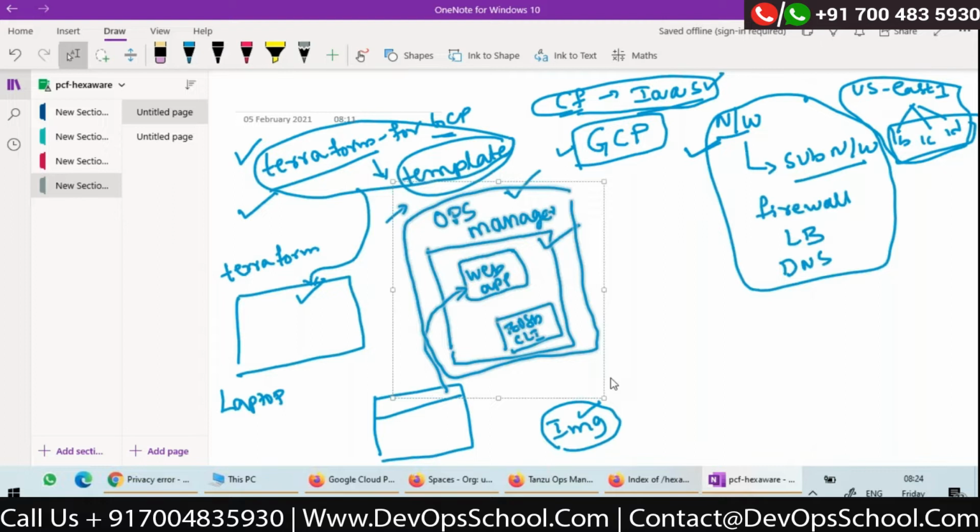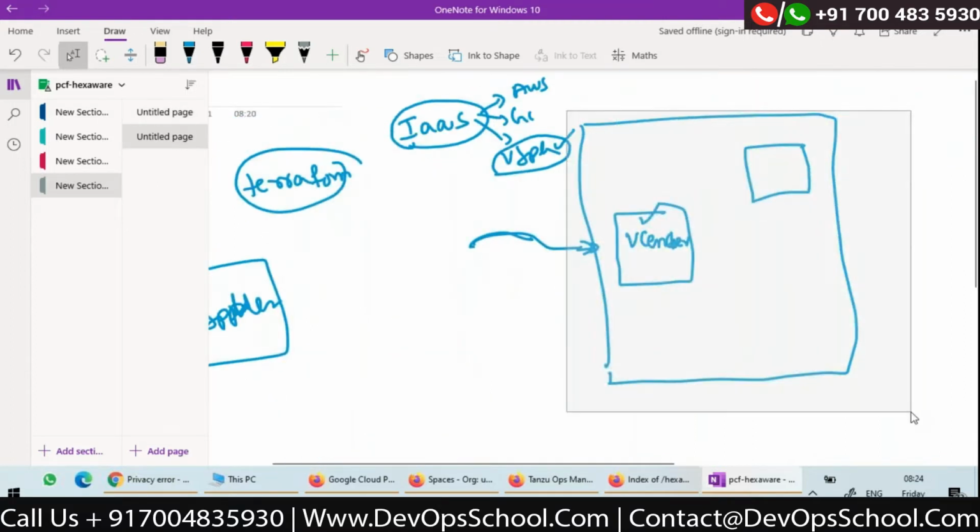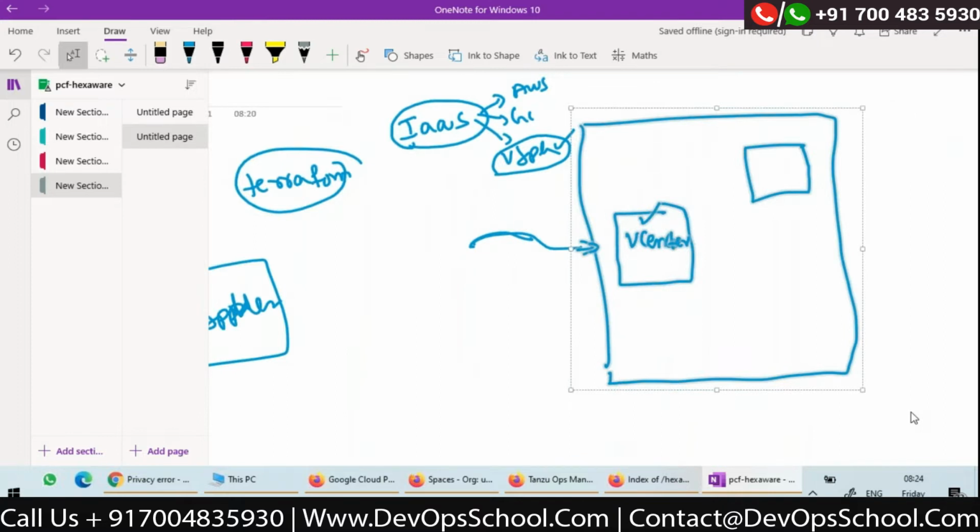So it doesn't matter on what infrastructure? Yeah, that explains a little bit, but I am interested to know what are the various ways that you can build a cluster in your data center so that you can host your Pivotal applications. Sorry, you are asking how do I create? No, I'm not asking how do I create. What are the ways we can cluster whatever you are calling it, vSphere or vCenter or ESXi.